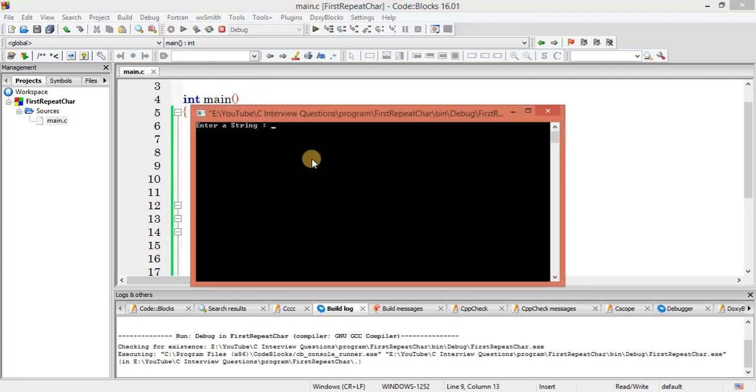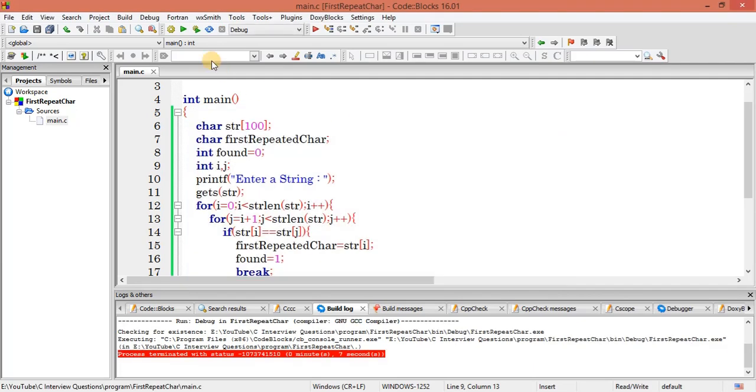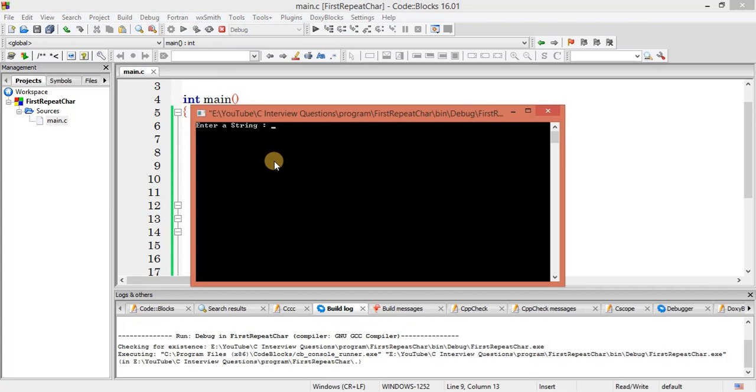Okay, so let me write wwee. So still I should get w only. So we are right. But what if none of these characters are repeating? So let me enter a. So what am I getting? I am getting empty here.